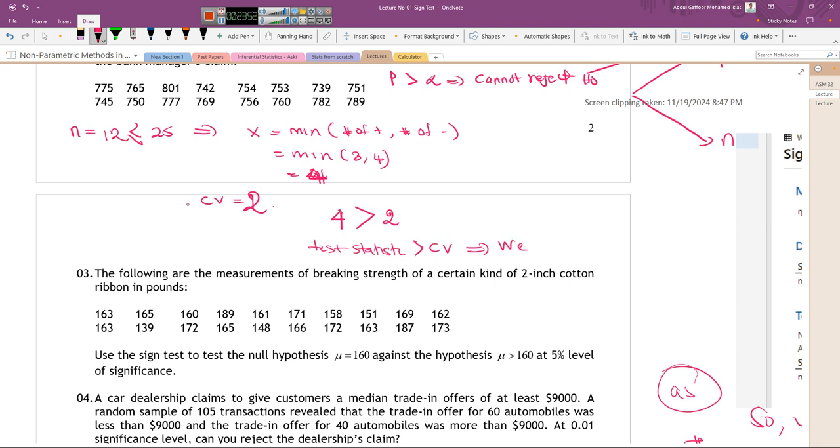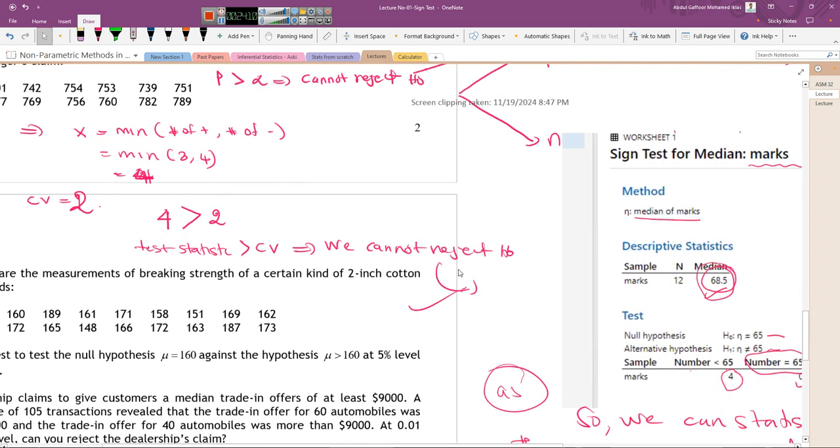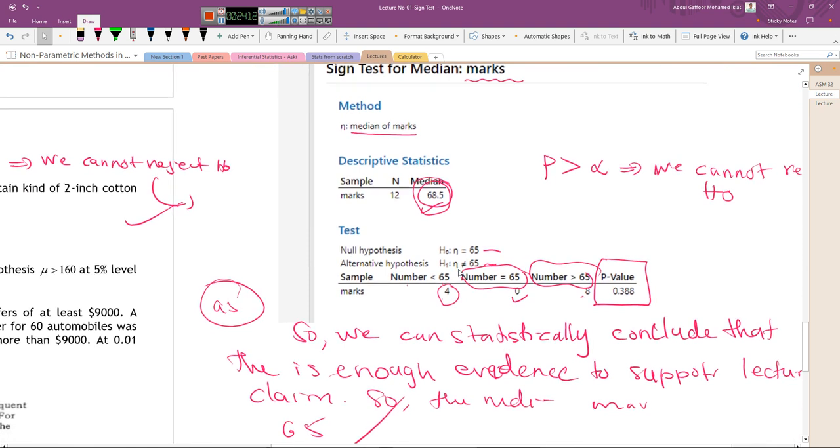This is actually a contradiction to our parametric methods. So we cannot reject H naught, so we can conclude that we accept it, and the lecturer's claim is okay. This is how we have to do it. Now I will explain how you can obtain this p-value